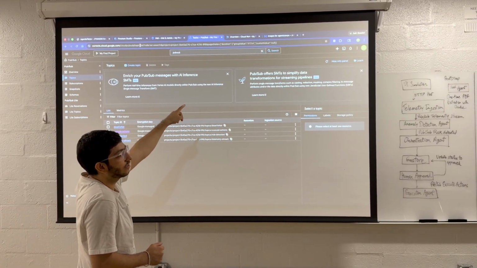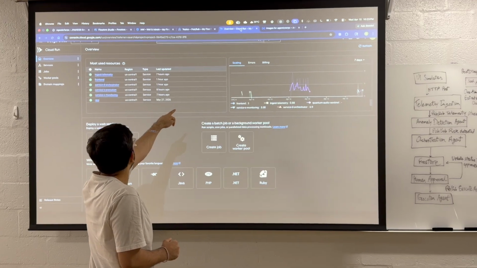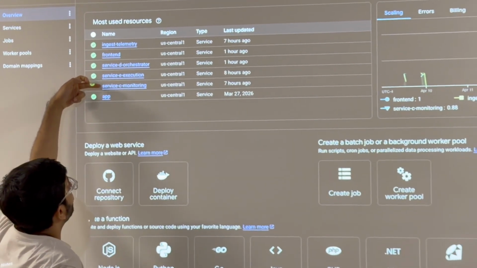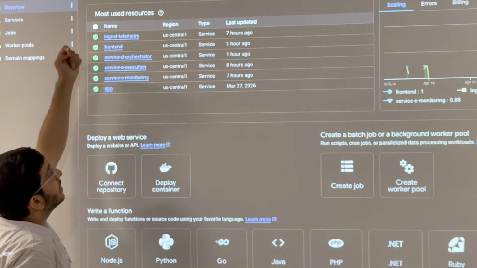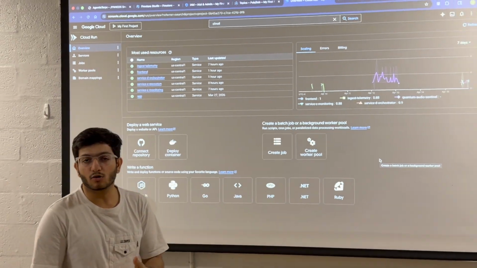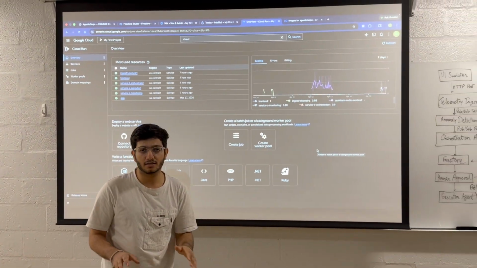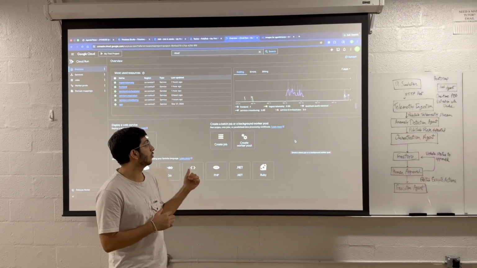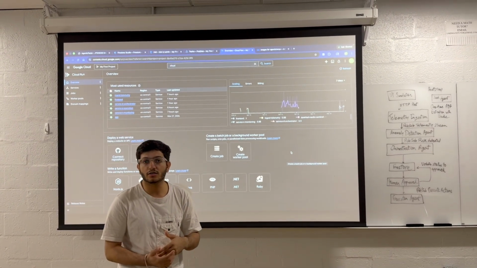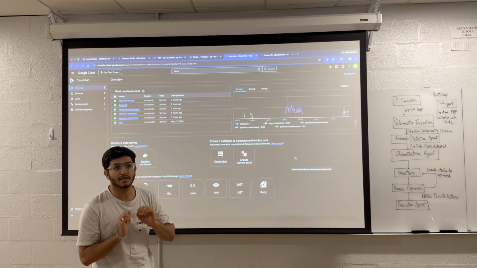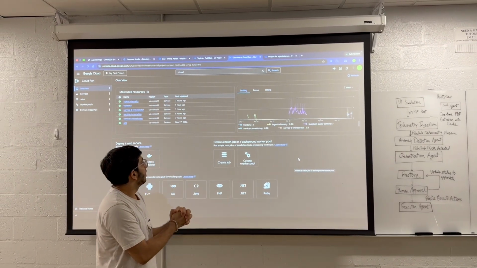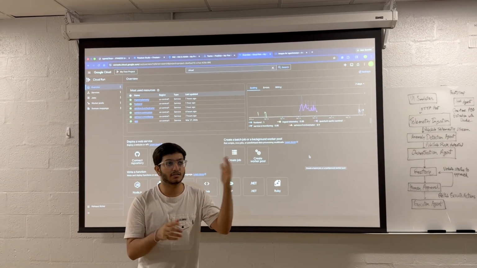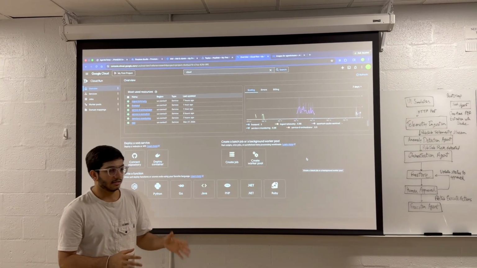Can you go to the cloud and services? So here are all the services, including our front end, orchestrator, execution, monitoring, and ingesting telemetry. These are all Cloud Run deployments, everything from start to end. The whole thing is deployed on Google Cloud. We are using Docker to Dockerize all the services and then running them on Cloud Run. There is also a reproducibility document which was attached in the submission, so you can quickly go through it and then make the whole